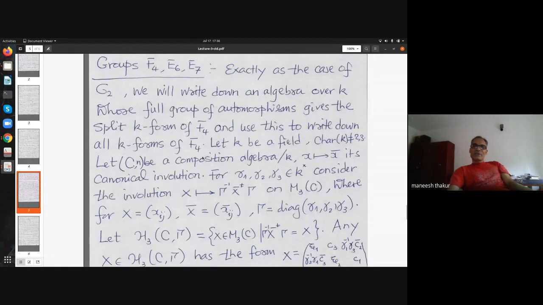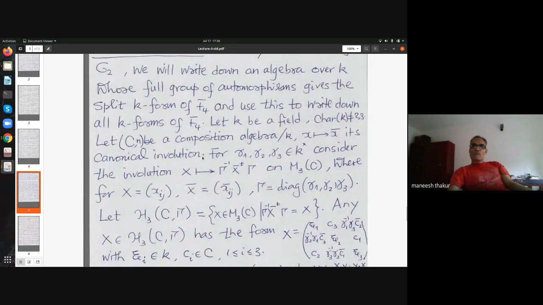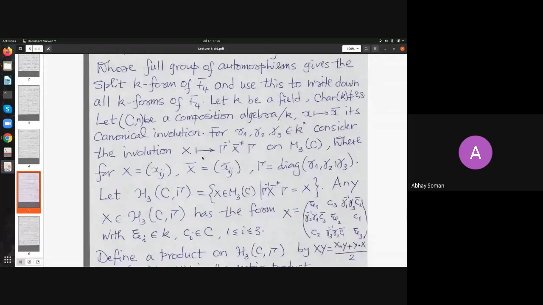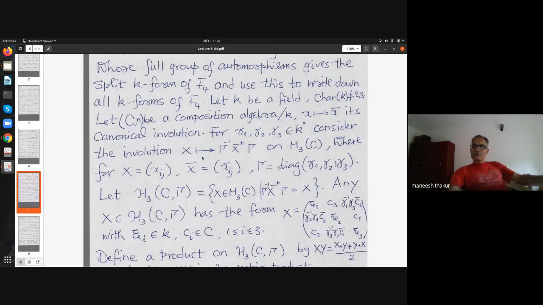Yeah, so these kinds of things are very useful while working with these objects. So what does it mean to say a composition algebra splits? It just means it acquires a zero divisor, or the norm quadratic form acquires a non-trivial zero, because then the norm becomes completely hyperbolic over that extension. So the norm splits and the algebra becomes a matrix algebra, or the split composition algebra of that dimension.